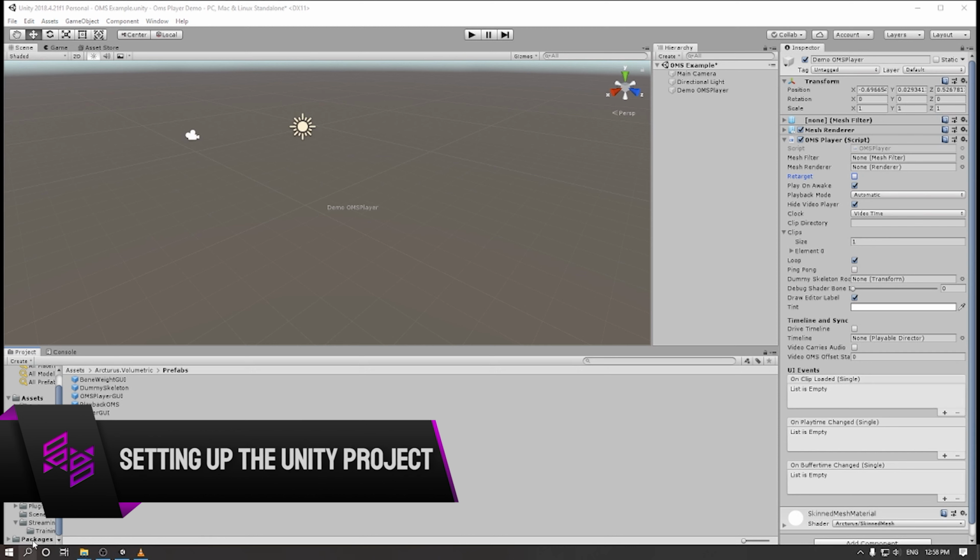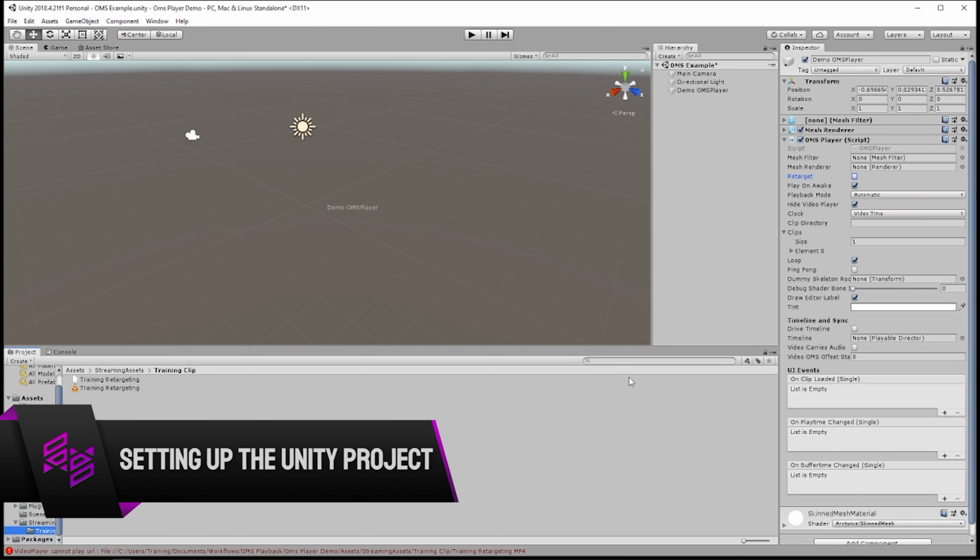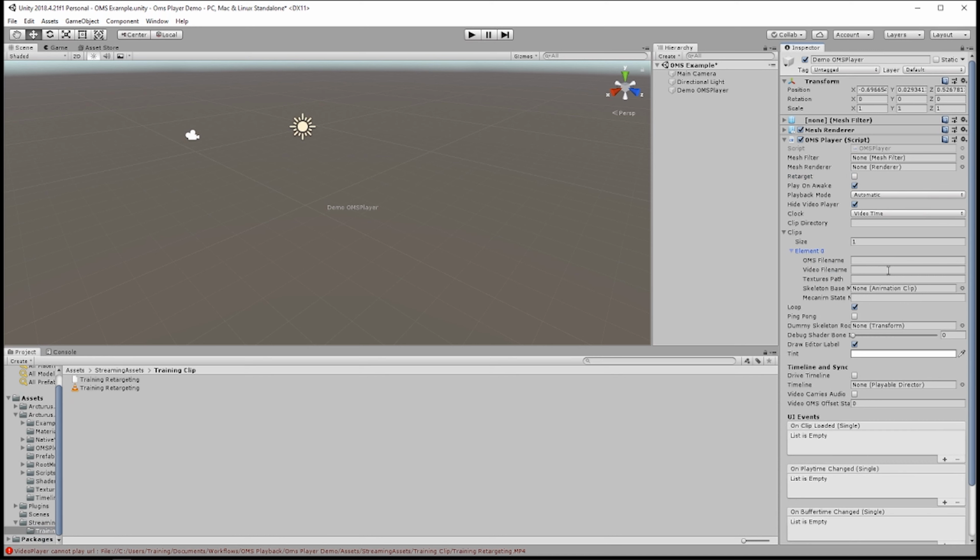Now it's time to add our volumetric video clip. Expand the clip section. Configure the following settings in the new element 0 entry. Set the OMS file name to the name of the OMS file we added to the Streaming Assets directory with the folder location preceding it and the file type following. This should be